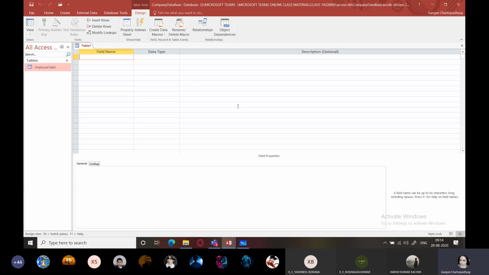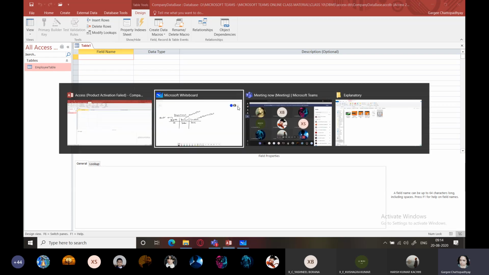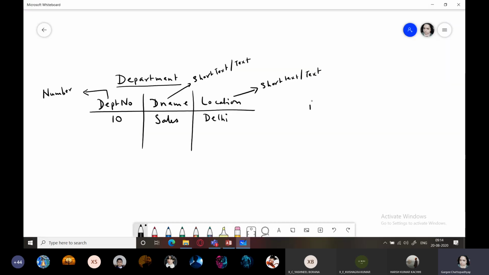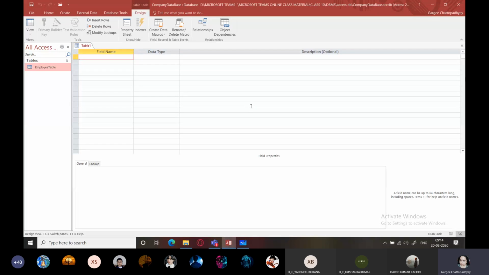In the last class, I had explained there are basically two views in which you can view the table. One of the views is datasheet view, and the second one is the design view. So which view have I used right now? Design view. Yes, very good. Who is it? Is it Nikhil Porwal? Ma'am, Arnav. Arnav, very good Arnav. It is the design view.